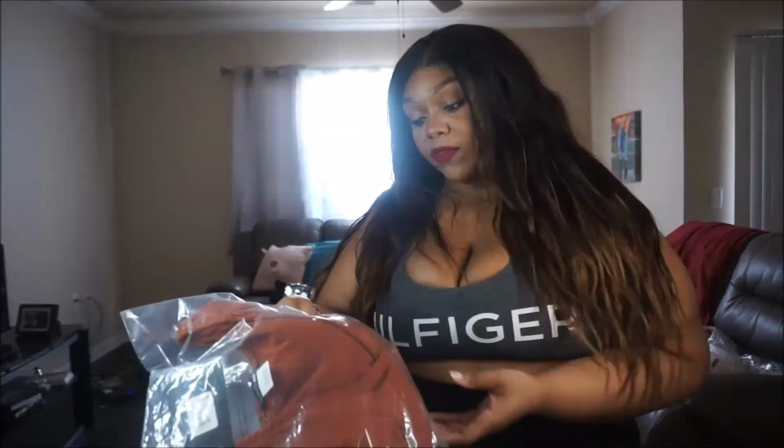So the first outfit that I'm trying, okay, all right, we getting back into it. The first thing I'm trying on is called the Ruched and Stunning Ripped Top, and I got this in XL. And I got it in the shade Rust, so let's see how we like it. So we're gonna scratch that one. I couldn't get it over my tatas, so we just gonna move to the next one,